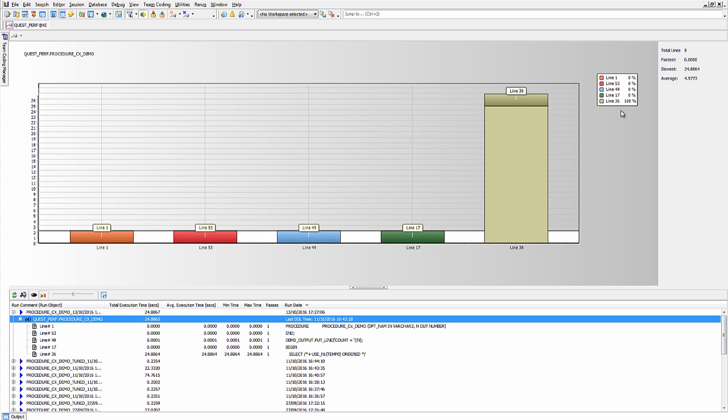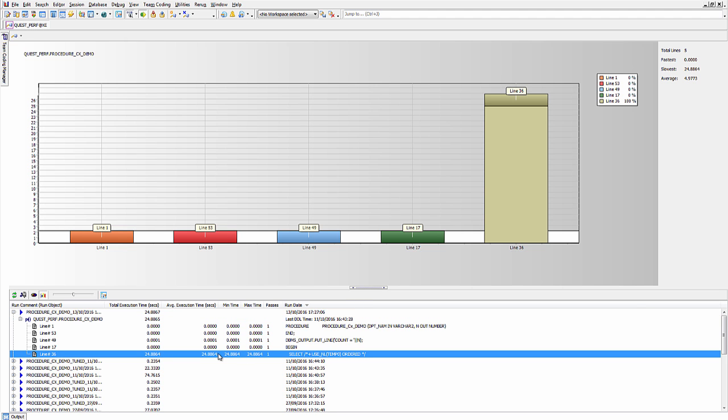Line 36 took about 100% of the time to run, and in fact took just under 25 seconds to run. And if we look at line 36 here, all of it is the SQL statement. So it's clearly showing that this SQL statement, not the other one, is the one that's causing the performance bottleneck. And what I need to do now is to optimize the SQL statement. We'll cover SQL optimization in the next video, but once the SQL statement has been tuned, the other way to use Profiler is to compare